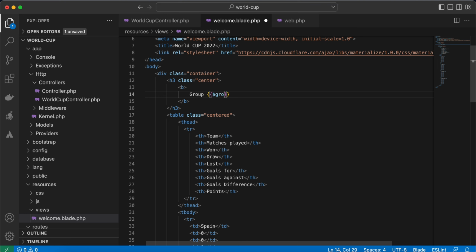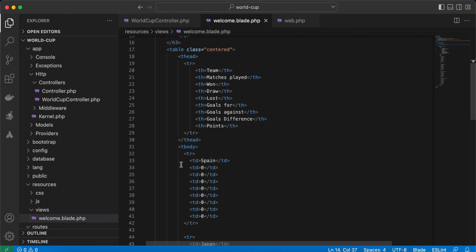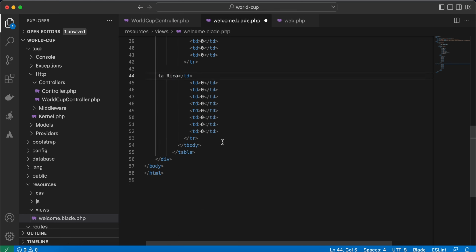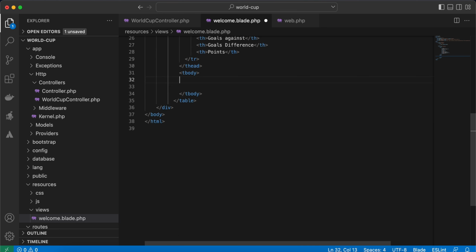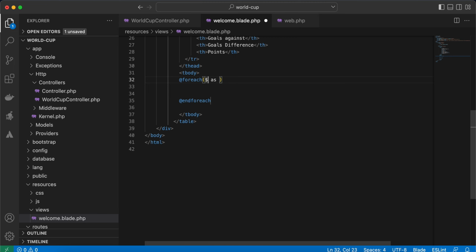So here group name, refresh, and the same result, because our group name is E, right? And also I will set our table here. So instead of all these duplicated values, let's remove it, and we need only one. So here add foreach group teams, right? As team,